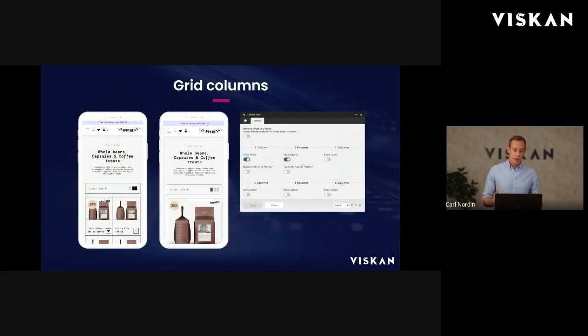So then moving on to the grid columns. We know that using 2 columns on mobile is the best approach. We expose more products faster for the visitors. It's also better above fold here because we can see almost 4 products instead of just 1. And if you want to give the user a choice here, we actually have a component for that called the column